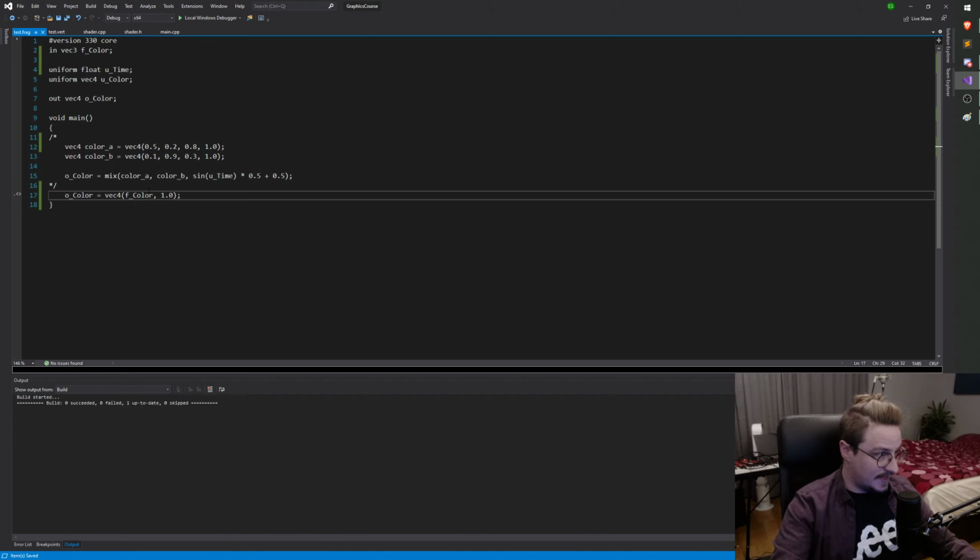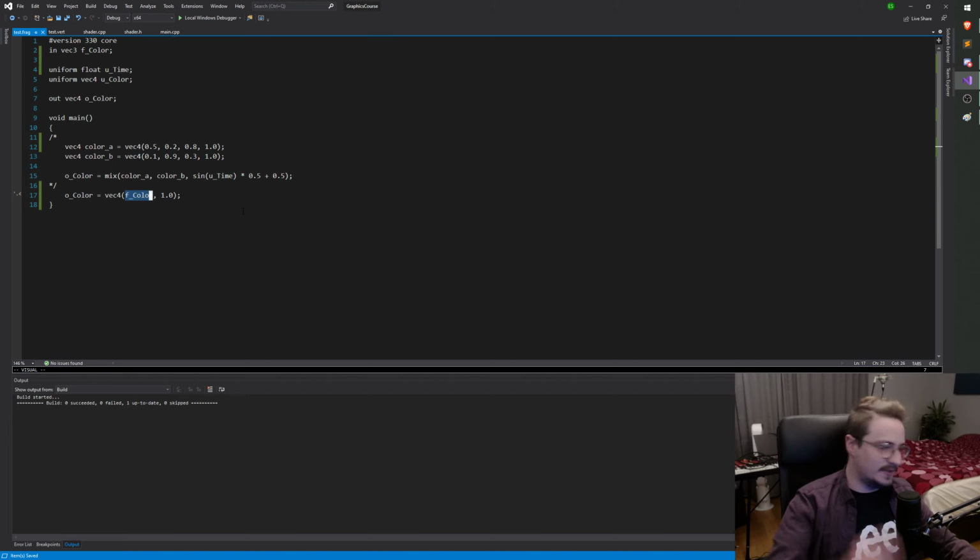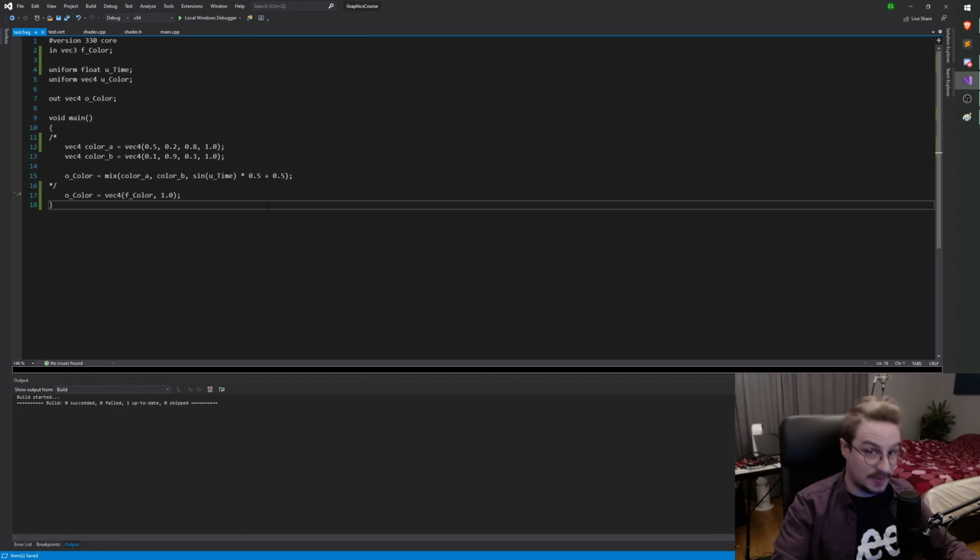And you know, this is GLSL magic. So if I do vec4 and then give a vec3 and then 1, this will set the first 3 components of the vec4 to the XYZ of F color. So XYZ will be whatever the XYZ is of F color, and then for the alpha component do 1. Right. So this is something called swizzling. Not super important, but